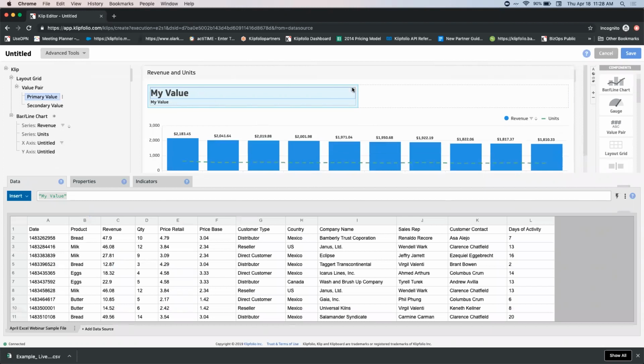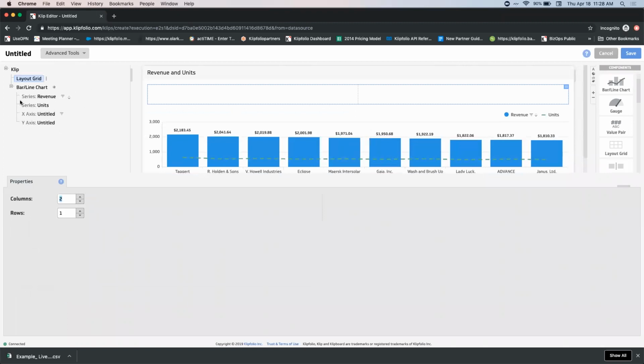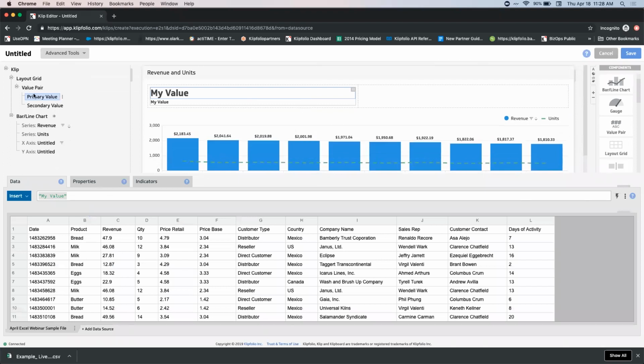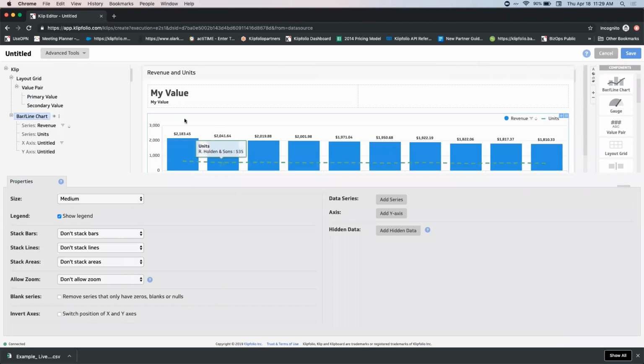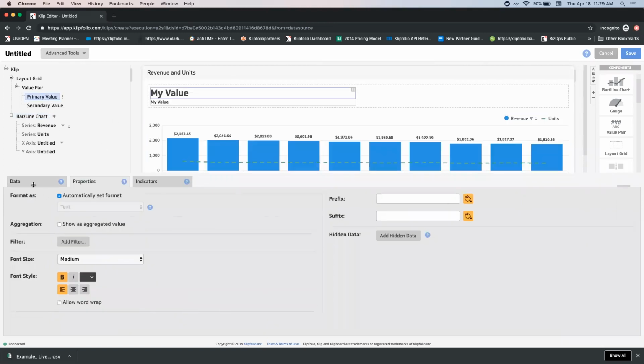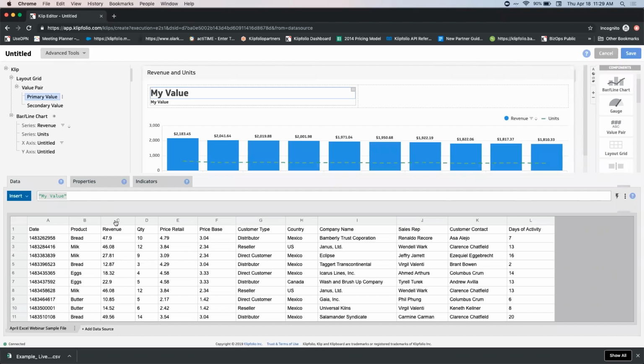So I'm going to undo what I did and ask you to watch over on the left. Remember, this is our table of contents. It's showing you every part of the clip. And as soon as we pull in the value pair, you see that that record now is visible in our component tree, in the table of contents. And clicking through over here at the top left is an excellent way to navigate and build the specific elements of your clip. You can see that as soon as we click on something, the element that we've clicked on is highlighted in blue. So for our primary value, I just want to call out the total number of revenue